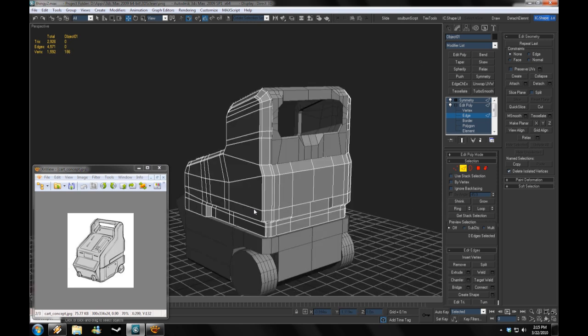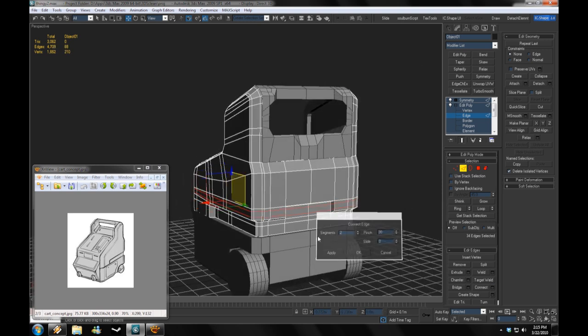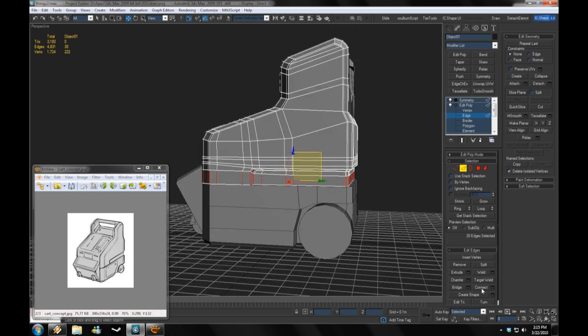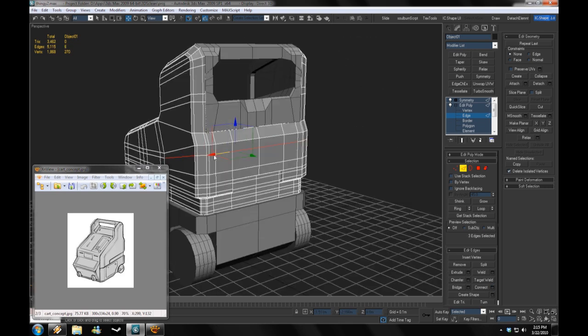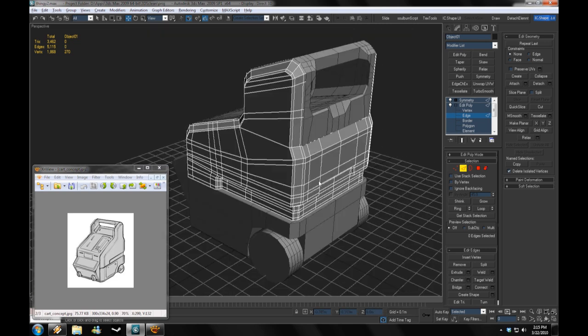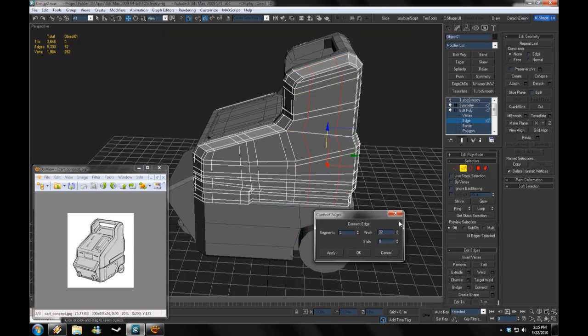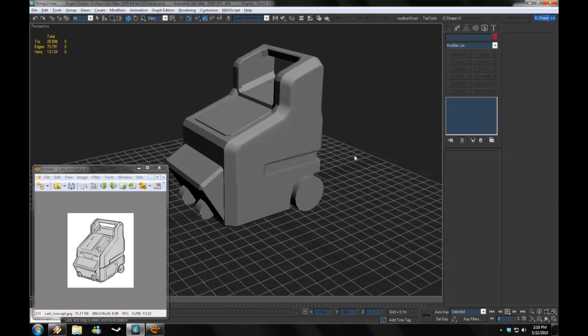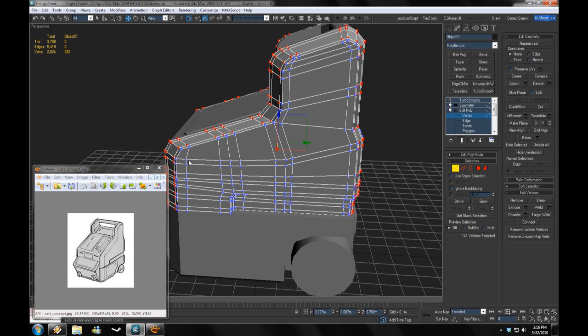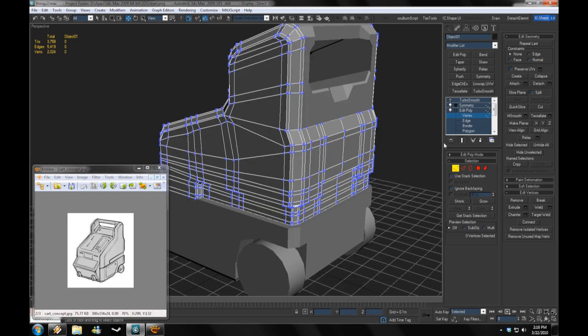So now I'm just going to start here adding into some control edges, something that's very simple. Just using Connect a lot, as well as Span to just move certain parts of a loop up and down. So I'm just going to keep going onto that until I get it the way I see fit. And that looks pretty slick, but I'm just going to make it so that some of the edges are, well,